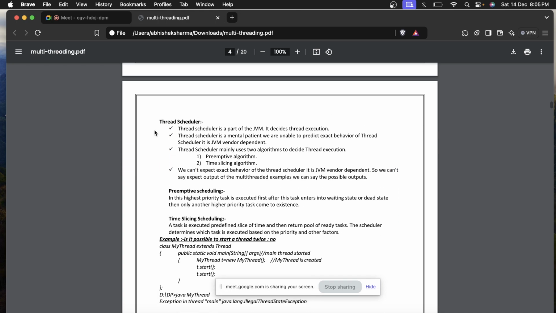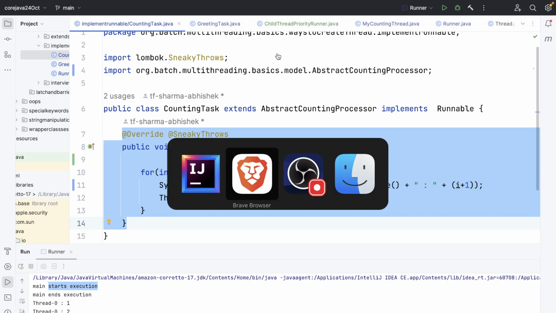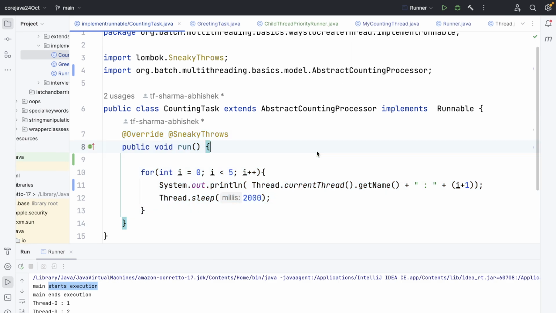So here are some things about the thread scheduler. The thread scheduler is a part of the JVM. It decides the thread execution. You cannot expect its behavior, because we'll see that later on. Let's suppose you are T1. You cannot predict the outcome of a thread. That's why this line was there. For example,